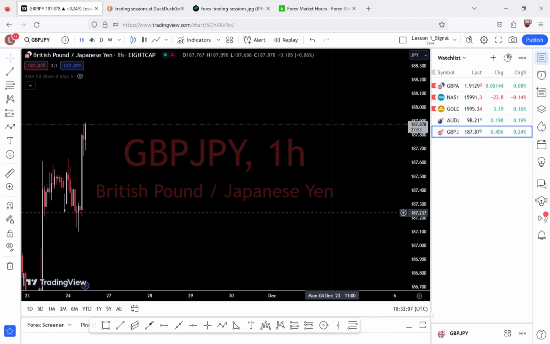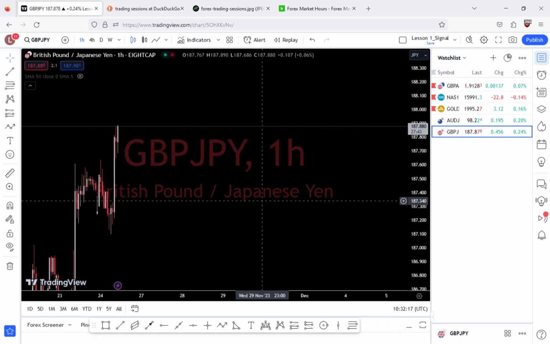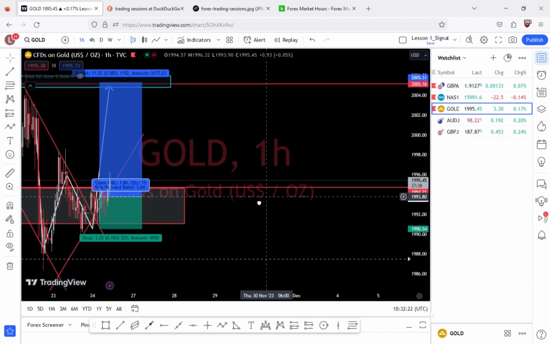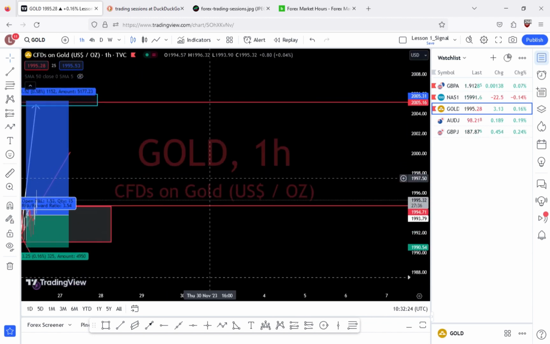So right now you might be asking yourself, I want to trade USD/JPY. The smartest thing to do is choose when USD/JPY is moving most, or when there's the most liquidity in the market for trading it. So you'll consider when USD is most liquid, or when there's the most movement in USD/JPY. Like I said, USD is most active during the New York session.